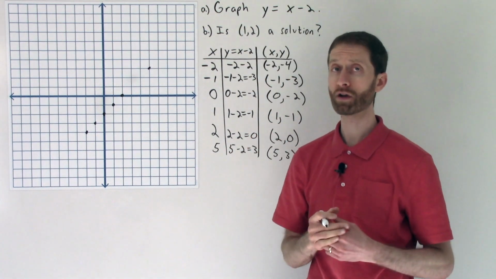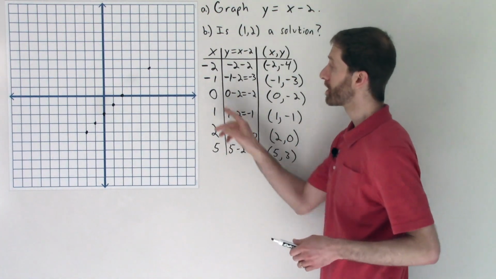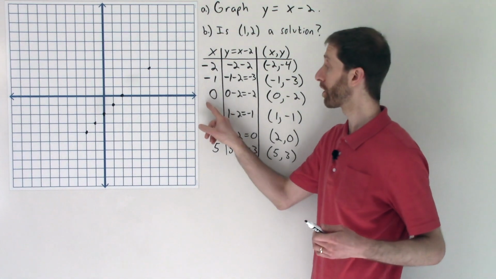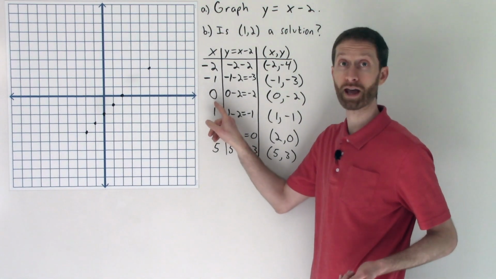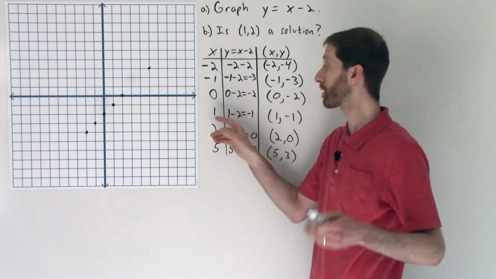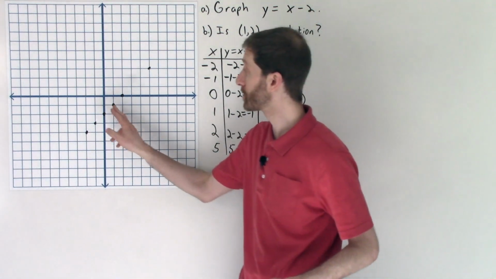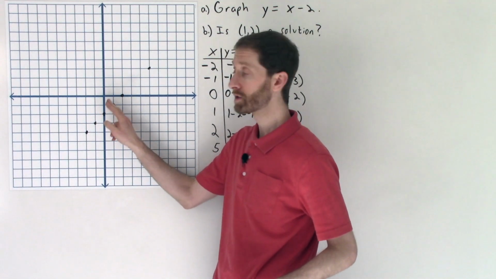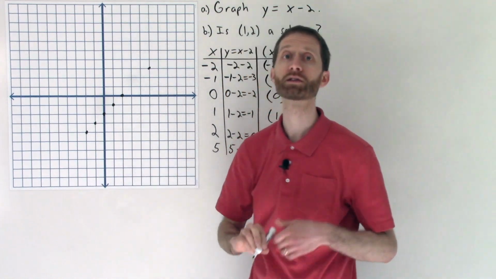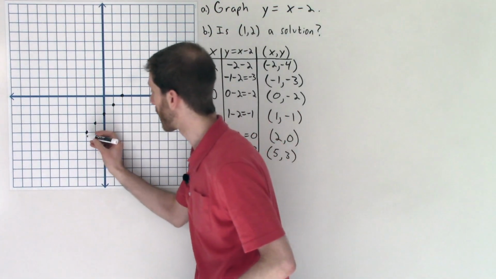Now we are going to connect all these points. The reason being is there are x coordinates in between all of these numbers. For instance, there's a point at x equals 1/2 and at x equals 1/3 and at all the x values in between x is 0 and 1. So we should fill in all those points. That's why we connect all the dots with a line,